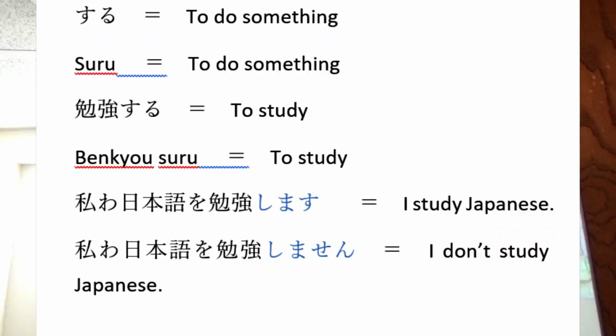Finally, there are the irregular verbs suru and kuru. Suru simply means to do something. For example, you have the verb benkyou suru, which means to study. To conjugate this, you take suru and make it either shimasu for affirmative or shimasen for negative. From this, we can make the sentence watashi wa nihongo wo benkyou shimasu, which means I study Japanese, or shimasen,